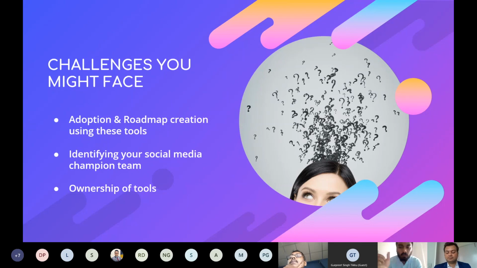So I think adoption and roadmap creation are very, very important, and how we get the team internally excited to use that tool. There are so many apps on your phone that you've downloaded once, seen the complexity of, and just stopped using. That should not happen once you've invested money in all these tools. So that still needs expertise, and that's what we are recommending to a lot of hotels, where we come in and set up the entire tools and roadmap for them.